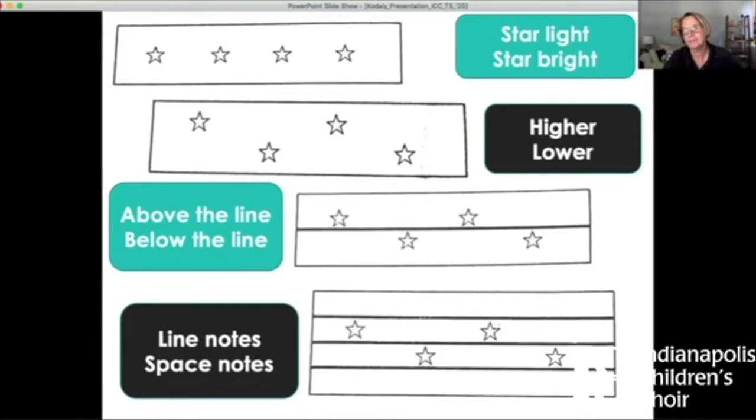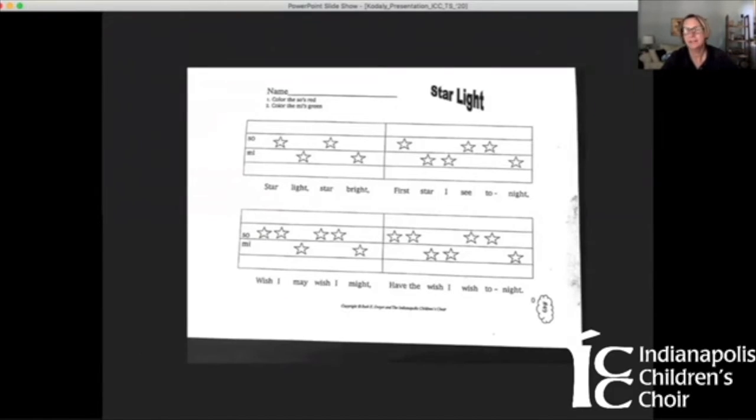In that case, I use staff and washers. And when you have a washer, you can see right through the middle of it, and then you can find it and see that. Again, the next logical step is then to put it all together and to see, what does it look like? Starlight, starlight, first star I see tonight. And in that case, with this one, we're actually starting to put the rhythmic parts along with the melodic parts and taking notation.